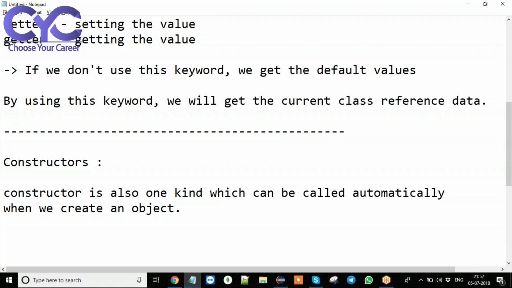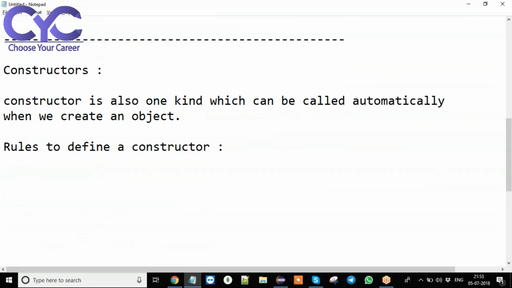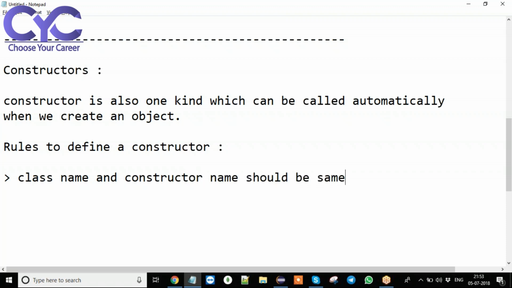First, we have some rules to define a constructor. We have mainly two rules. The first rule is class name and constructor name should be the same. The second rule is there should be no return type for constructor.